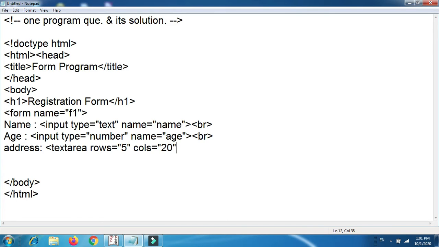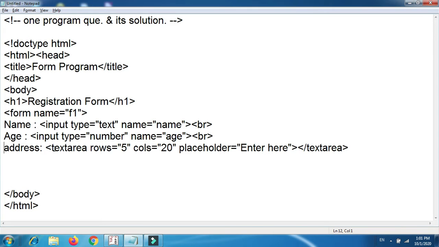Then placeholder is equal to, set proper text inside it, like Enter here. Fine. And remember this textarea is a pair type of tag, so don't forget to close textarea. After that we have to use br.